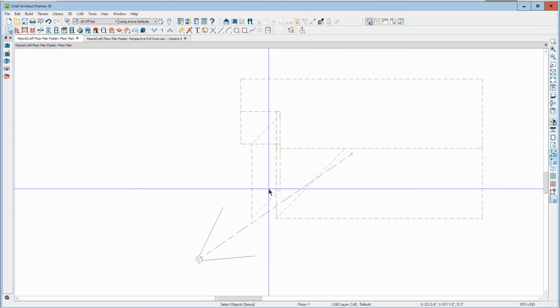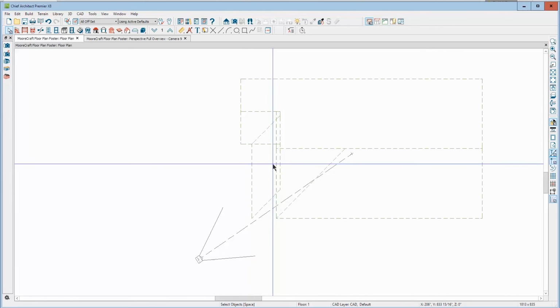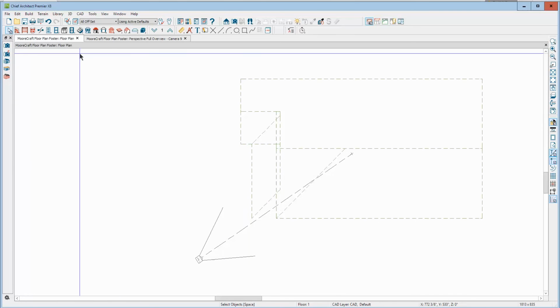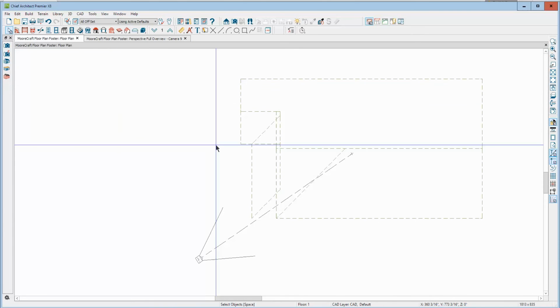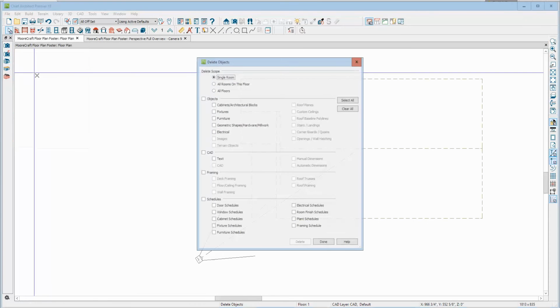I couldn't get this roof plane to select at all, so if you can't select it, you can't fix the roof. So I'm in the all offset with just the roof planes on. I'm going to try to delete them using this tool. Delete objects,